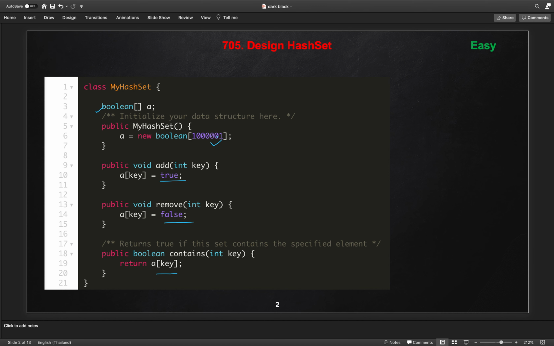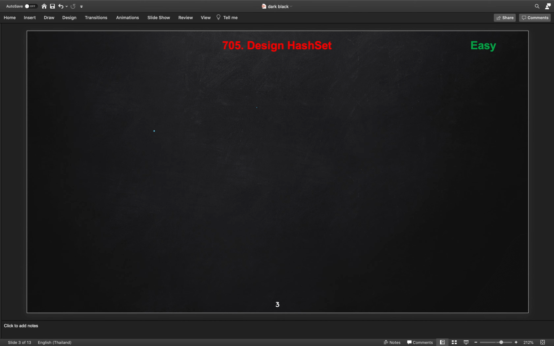If you see, we are not using any hashing technique here, and this is simply a brute force solution, you can say. All the methods are O(1) time complexity, while the space complexity is large. So how can we optimize the space complexity and also achieve an average case time complexity of O(1) for these three methods? One of the best approaches to solve this problem is to create a bucket array